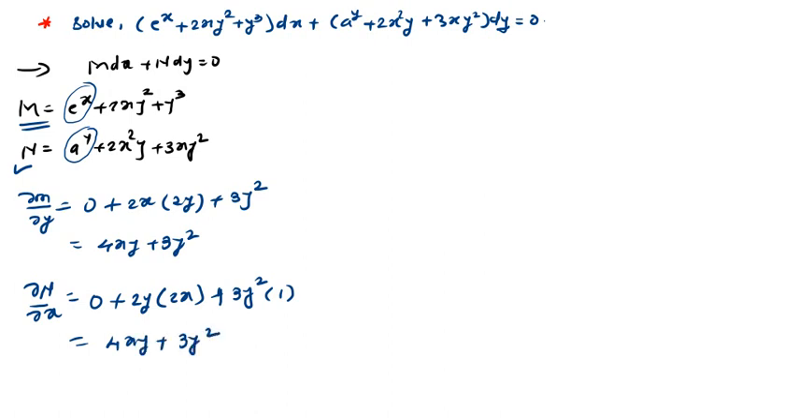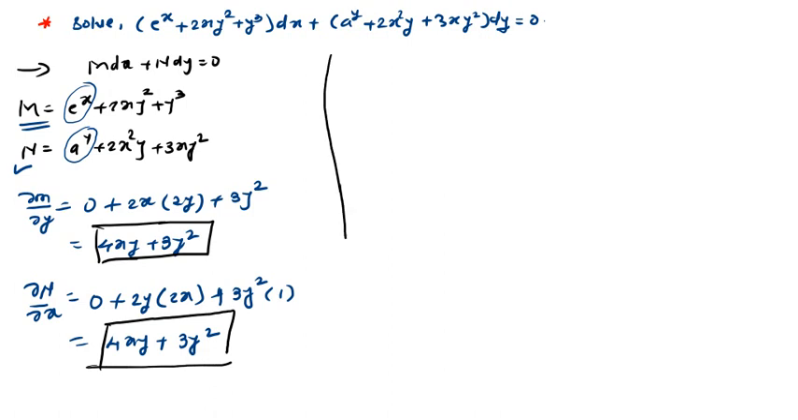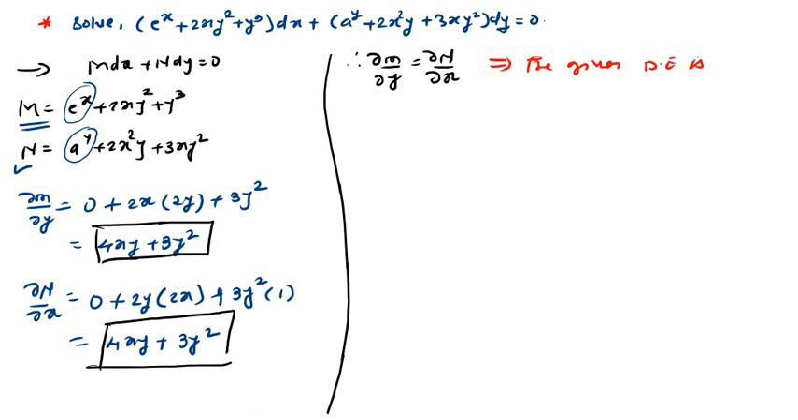If you observe, the ∂M/∂y value and the ∂N/∂x value are both equal. Therefore ∂M/∂y is nothing but ∂N/∂x. What it means is that the given differential equation is an exact differential equation. Now once the differential equation is exact, we can find its solution by